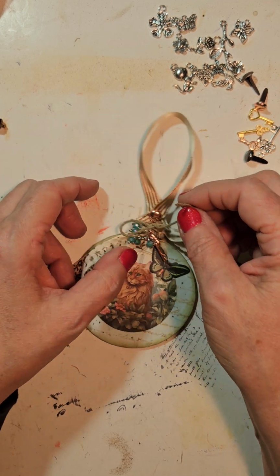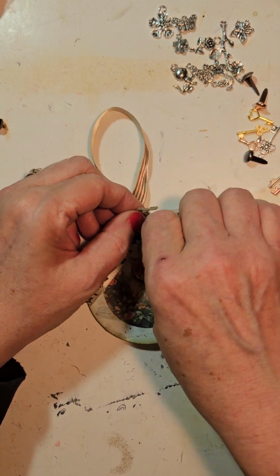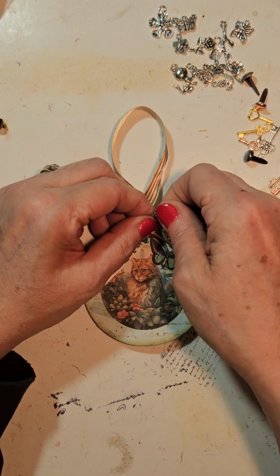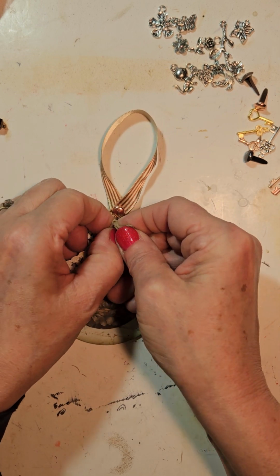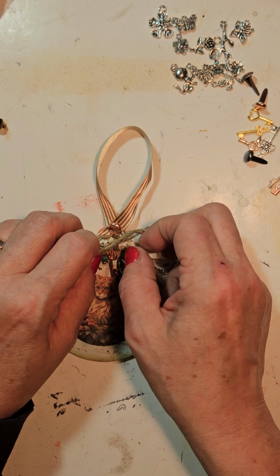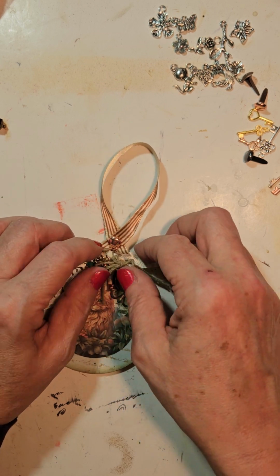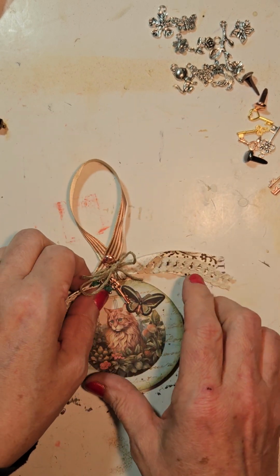Well, that was not a very successful bow. Let's try this again. I don't know why I always cut these so short. I really do. I cut them short when I could totally leave them long. It is not an expensive supply, this colored twine. I can't recall exactly where I got it, but...